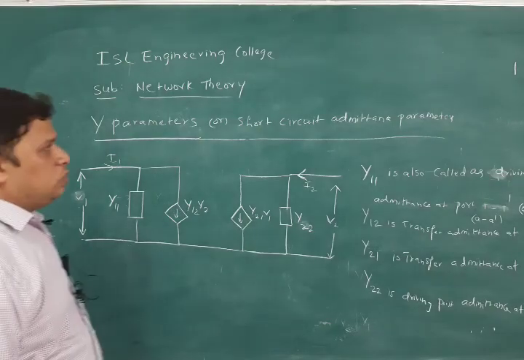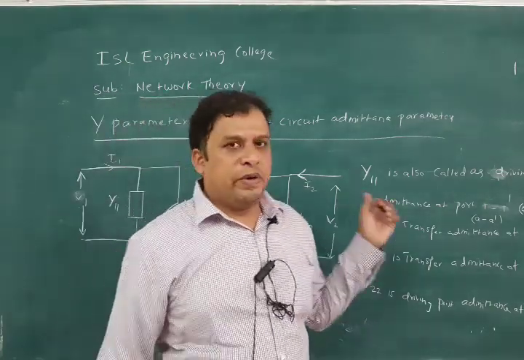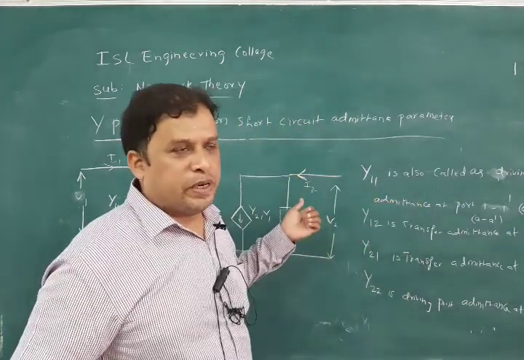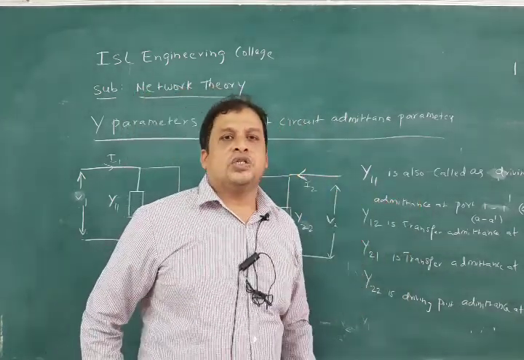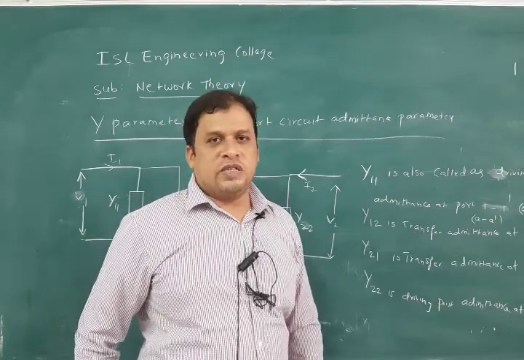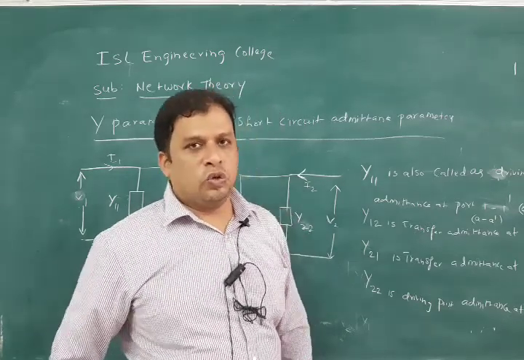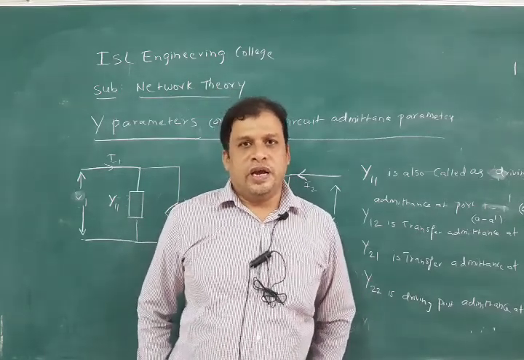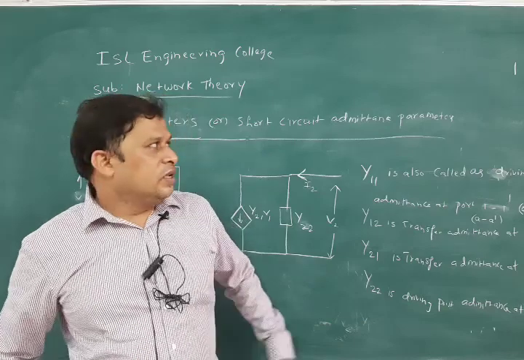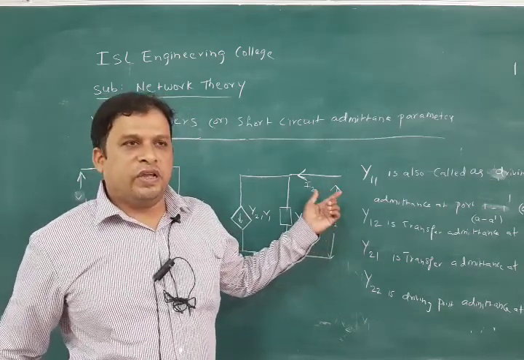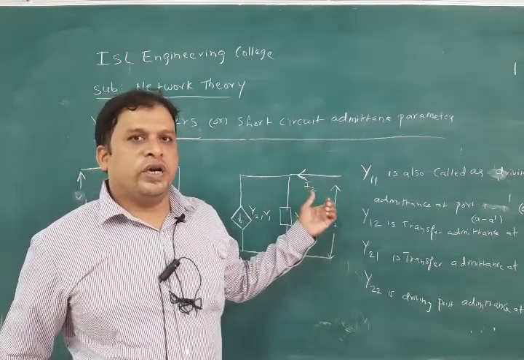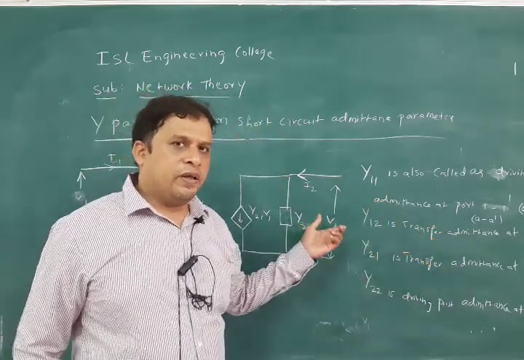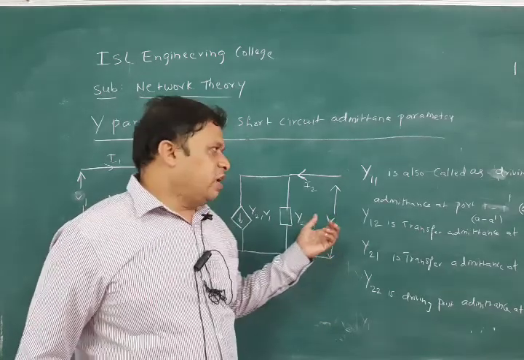Okay students, this was about the Y parameters and the circuit diagram, as well as how you write these admittance parameters. These parameters are also called short circuit admittance parameters. As we have done the problem on Z parameters, we will also do a problem on the Y parameters, and we can find out the Y parameters. And we must not forget that the unit should be mentioned. The unit is mho.